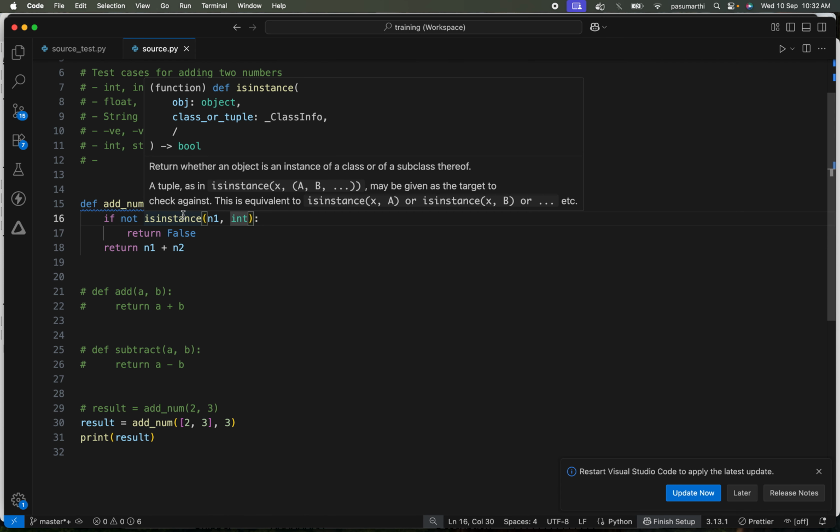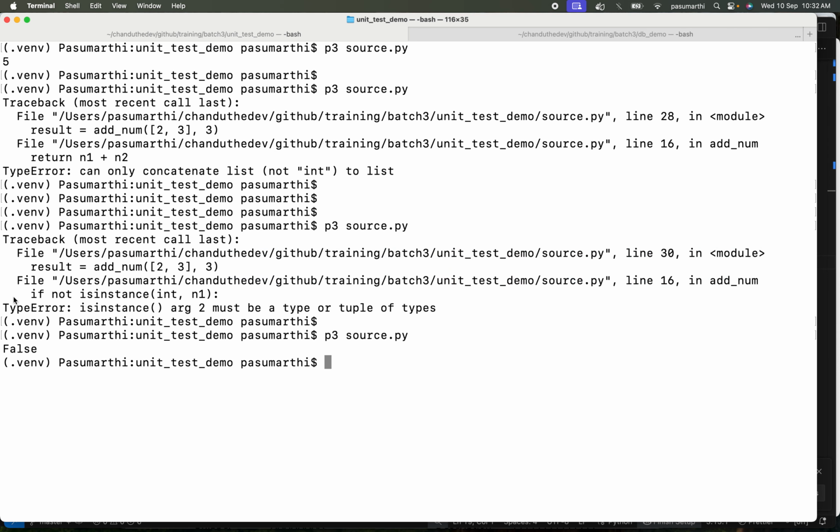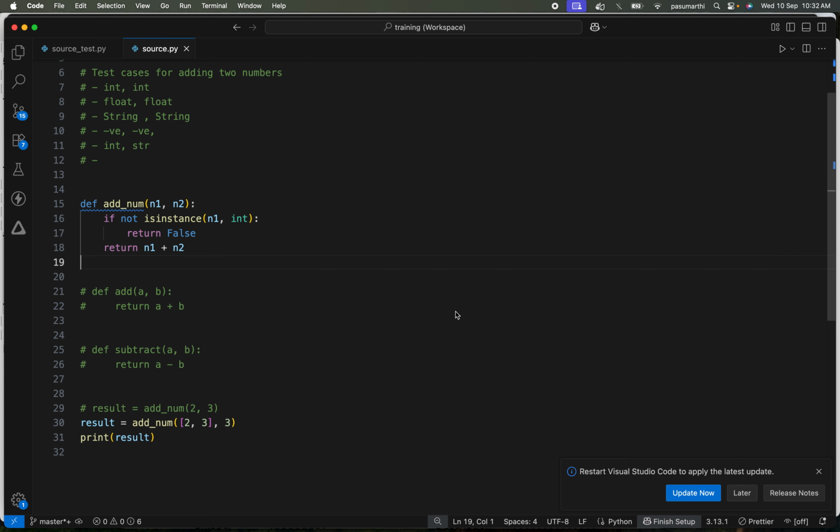Okay, or maybe I swapped it. So isinstance is a Python method which will check the data type of a given variable. Here I am expecting the n1 value to always be an integer. If it is not an integer, I am returning false instead of an unhandled error. You see, this is an error, so your server may go down if you're not handling it properly. That's why if it is not an integer, I am throwing an error. That is expected. So like that,